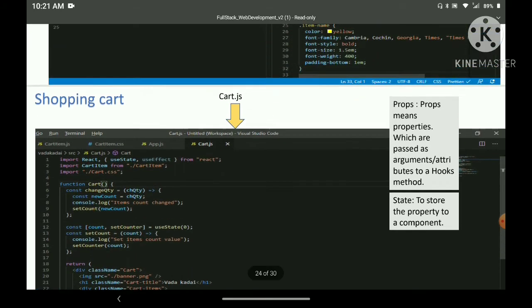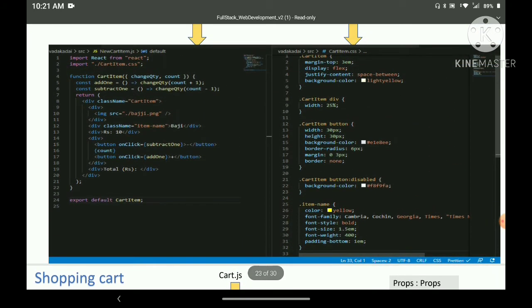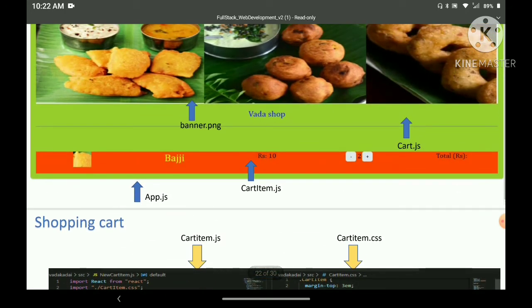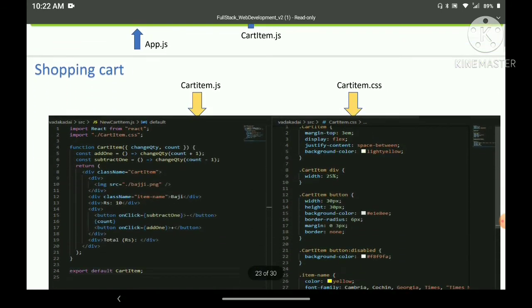I will move on to the cart item.js. In cart item we have the count parameter as well, and in line number 16 that count variable is used. What it will do is display the value we passed. In the screenshot I displayed it as 2, but by default it will be displayed as 0.